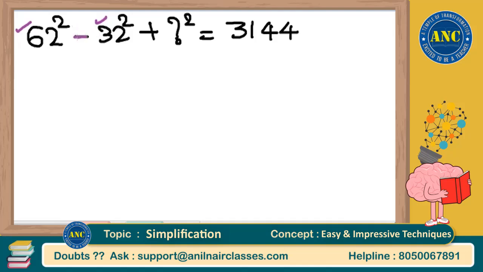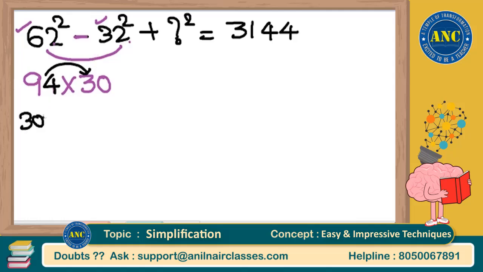A square minus b square is a minus b into a plus b. A plus b is 62 plus 32, it is 94. A minus b, 62 minus 32, is 30. Now 94 into 30, I will make it as 100 into 30. 100 into 30 is 3000 minus 6 into 30, because 94 is 100 minus 6. 6 into 30 is 180. So I can write this as